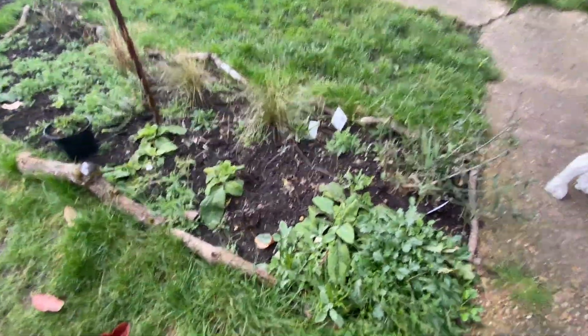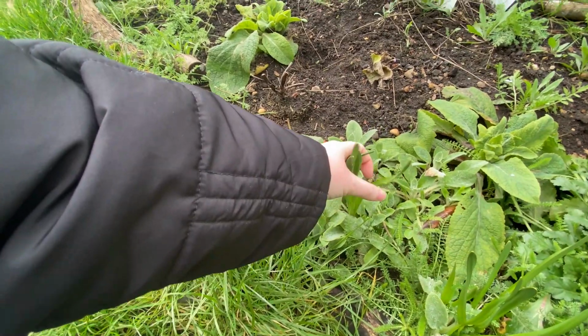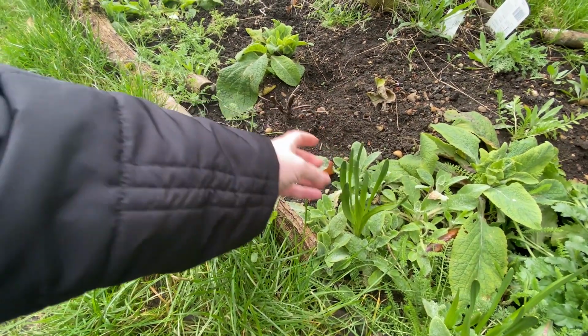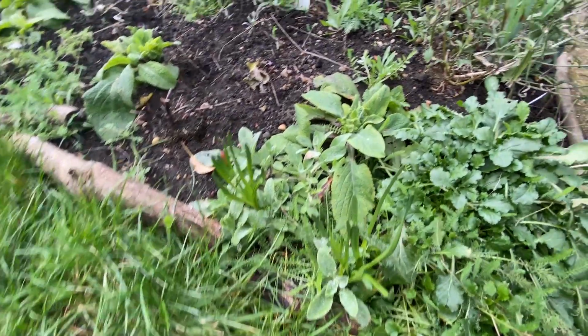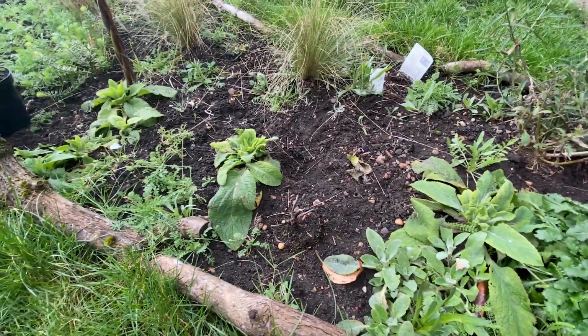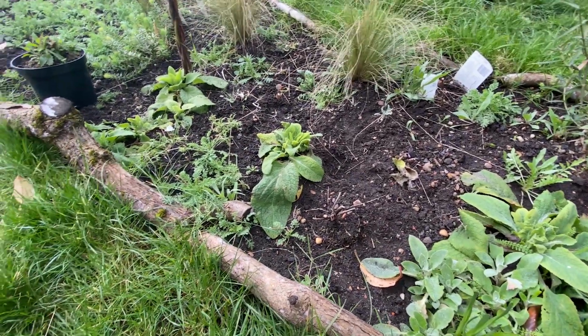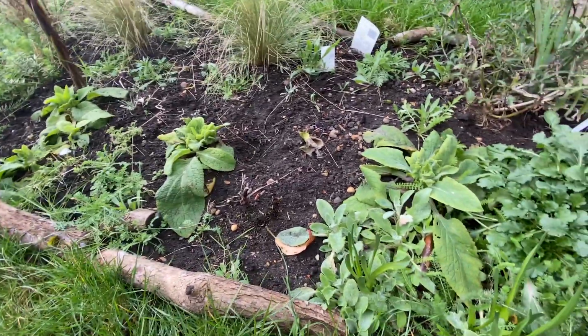Other updates in this border are these daffodils that are coming up. They've got all the leaves, they just need the flowers now. And the foxgloves are getting really big now, really bushy. I think they're going to end up being absolutely ginormous plants. But